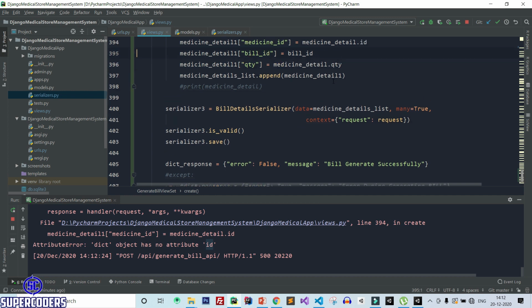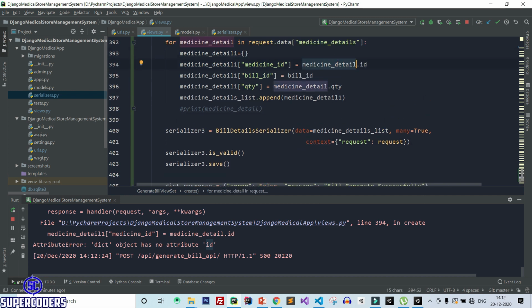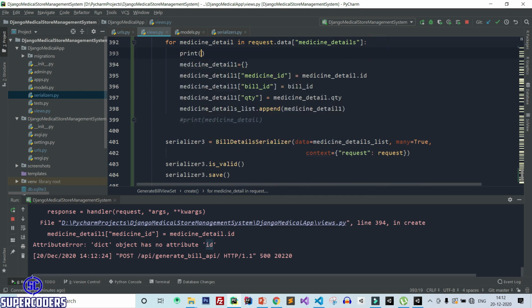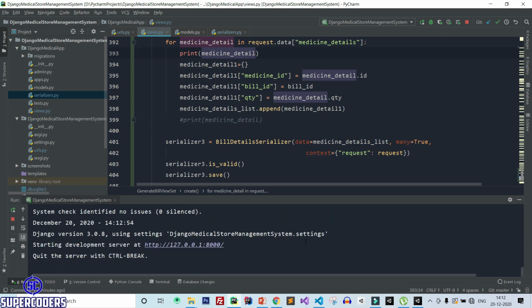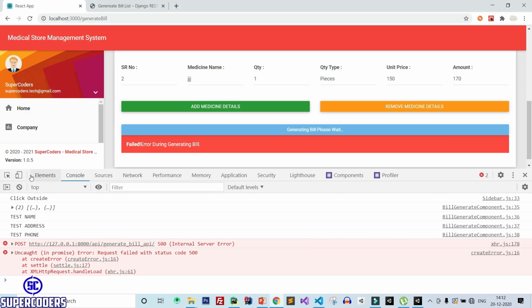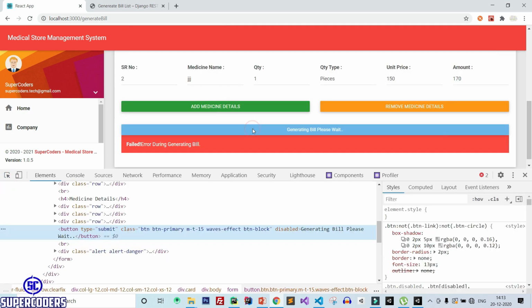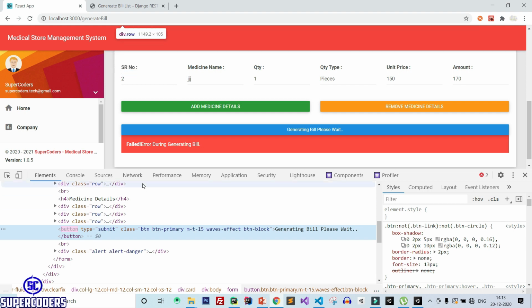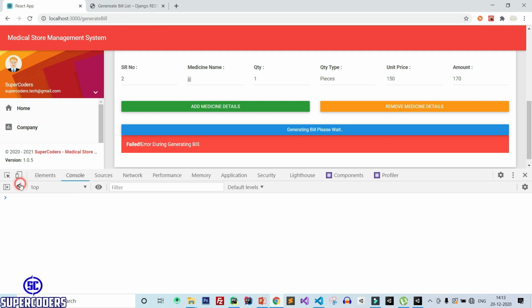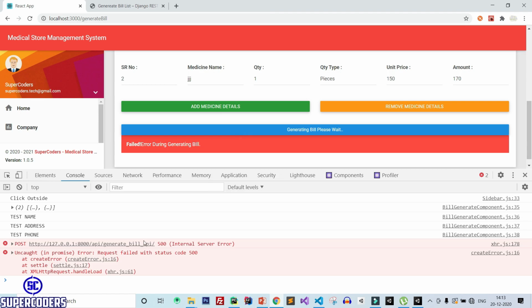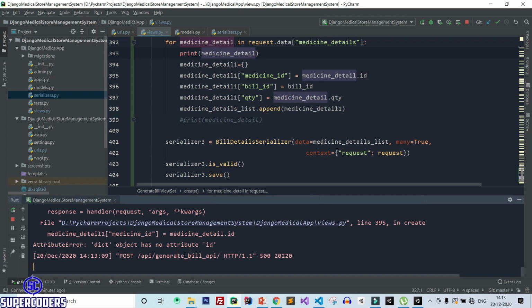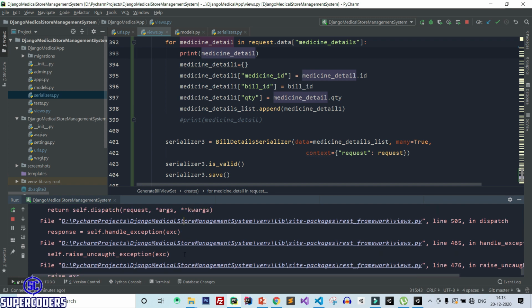So let's see what is this line, and here medicine detail, it is saying it does not contain any ID. So do one more thing, just print it, medicine detail, save it and click on here. It is showing disable. Now click on console, clear the console, generate bill, and here this time again it is showing ID.